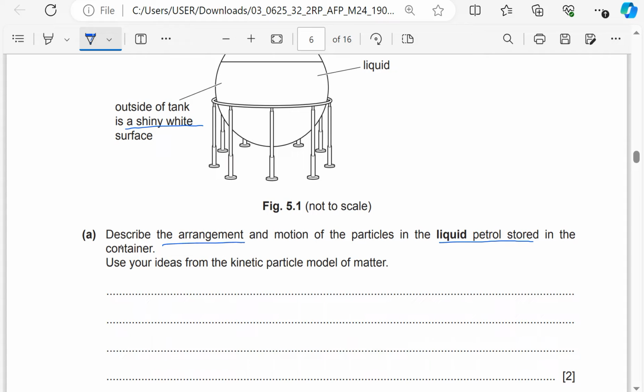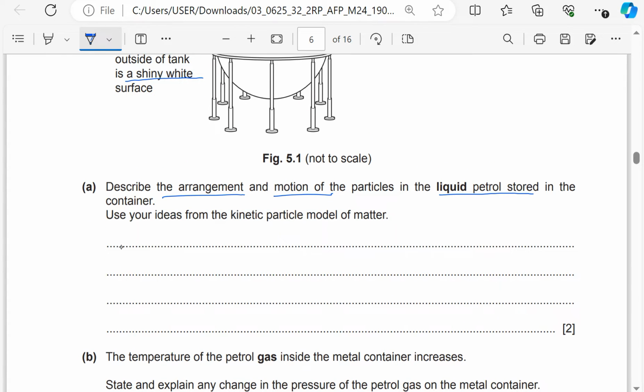Arrangement and motion. How are the particles in a liquid arranged in general? And how is their motion? For liquids, we know that particles are randomly arranged and they are slightly further apart compared to those in solids. That's number one. So for arrangement: